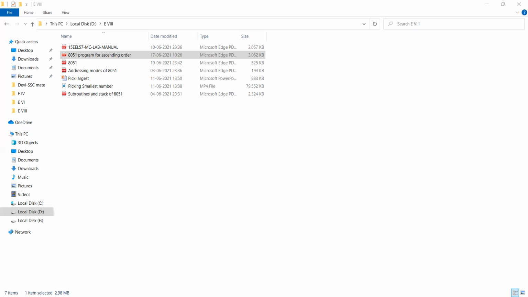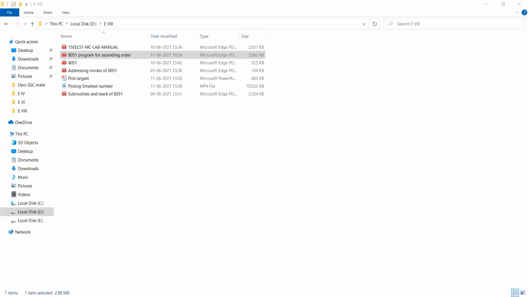If carry is set, A is having the smaller value, but that A should be kept at the previous data pointer address. Therefore, decrement the data pointer and move this smaller value from the accumulator. This condition we have seen. Already A is having the larger value, therefore there is no need of this, and it will jump to this place.